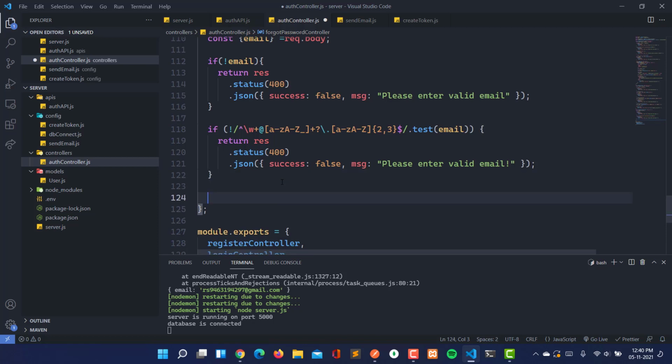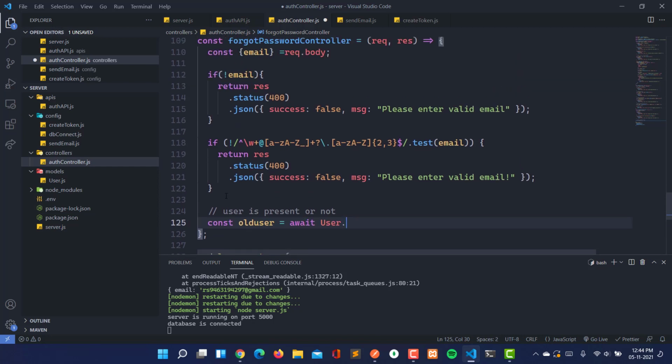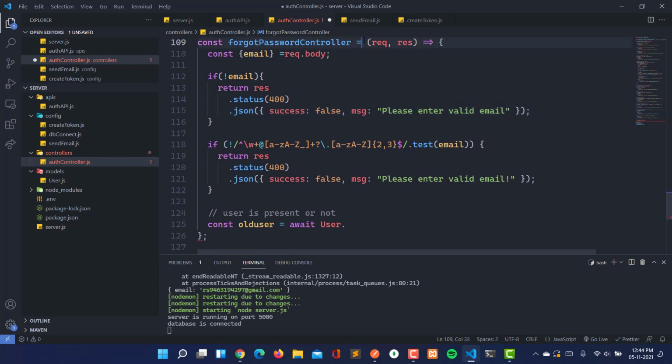Then here we are going to check if the user is present or not. Here we will check for the old user, so old user await, we are going to use the user model. We have imported the user model already, as we are working in the same file for the authentication controllers. And here we have to apply async also, because we are using await here. Here will be findOne with email.